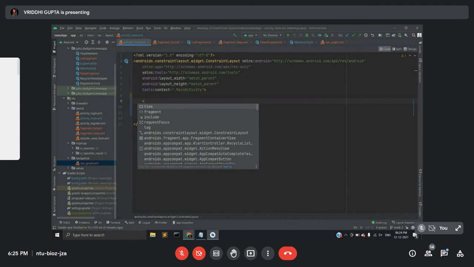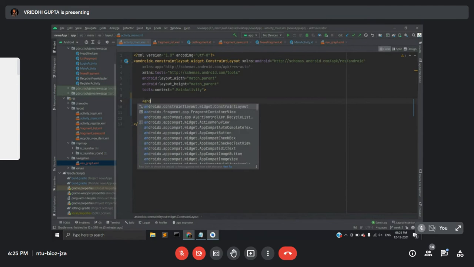So this fragment transaction, commit, begin transaction, all these methods are used when you use fragments in your application, and all of these are explained very well in the units that we have provided to you, in the Android units that you have to complete. So you can go and check that out, and even perform those methods.